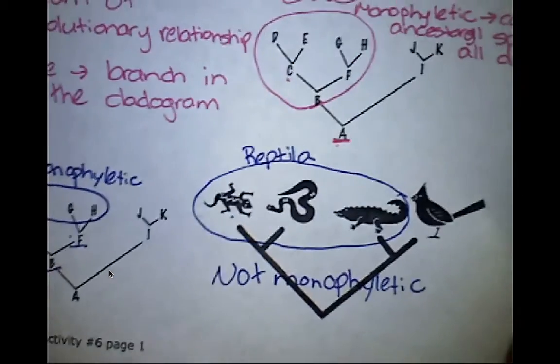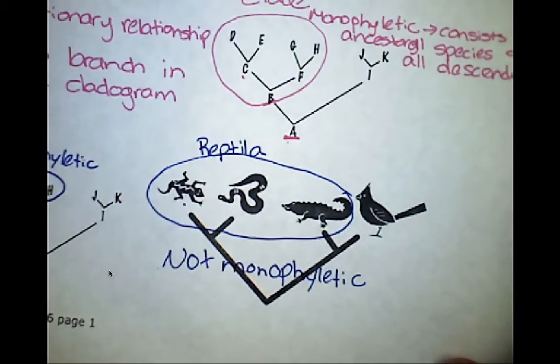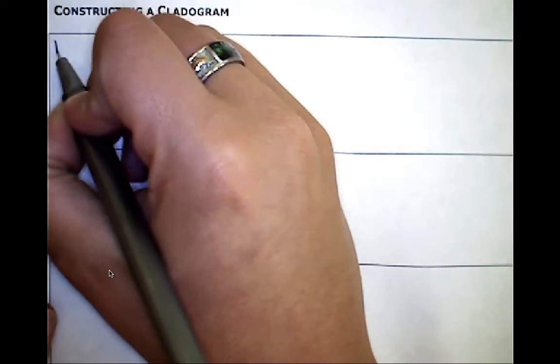So let's figure out how we actually make these diagrams. How do we get there? Okay, so we're going to learn how to construct a cladogram. So that's the next page. We're going to do constructing of a cladogram. And so really the first thing we want to do is figure out, we're going to try and sort